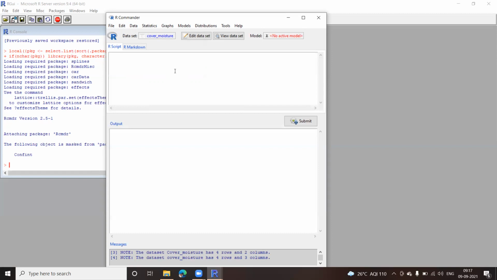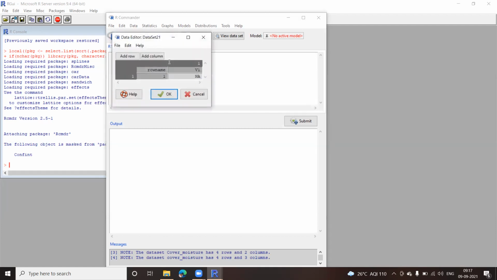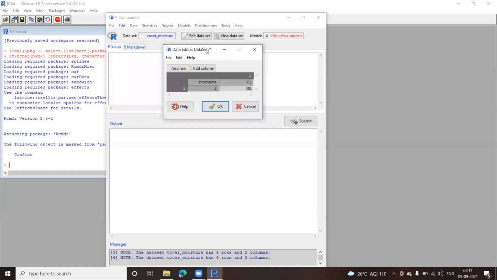Okay, or let us try to create a data set. I'll be creating the same type of data set. So what I'll do is I'll click on data, just click on new data set. Okay, you can give a name to this data set here. Let us say data set 21. Okay, that's the name I want to give. I click on OK. And this is my data editor where I can add rows and columns as per my